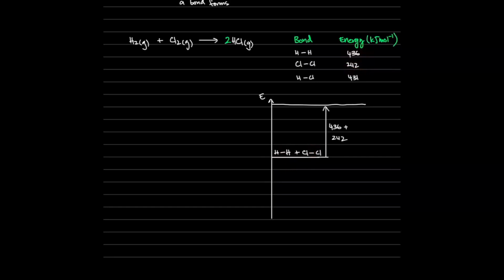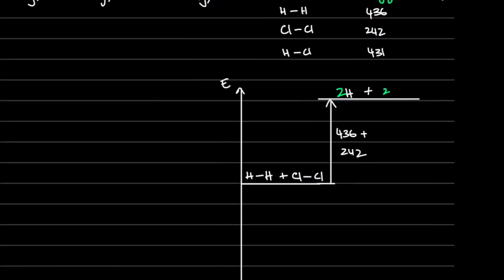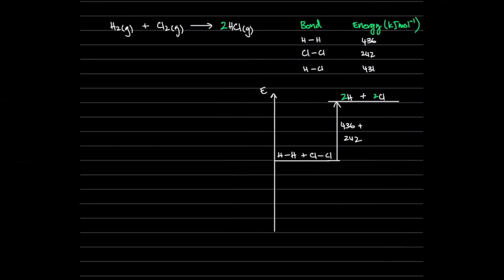अब मैंने क्या कर लिया? मैंने bonds तोड़ दिए, right? Okay. और मेरे क्या बन गए? मेरे हाइड्रोजन के एटम्स बन गए और क्लोरीन के एटम्स बन गए, right? Again, write this down, 2Cl, right? तो मैंने ये बॉन्ड तोड़ दिया, तो मेरे दो हाइड्रोजन के एटम बन गए और दो क्लोरीन के एटम बन गए। ओके, शुरू में बॉन्ड्स मैंने तोड़ दिए रिएक्टेंट्स के, राइट? H और Cl के एटम्स बन गए।